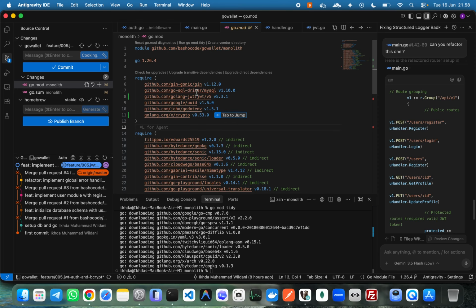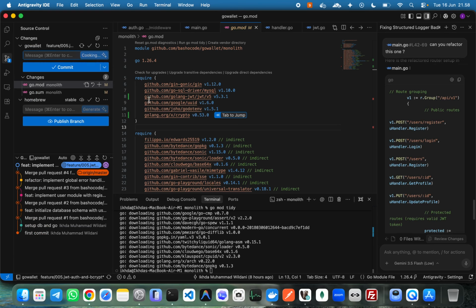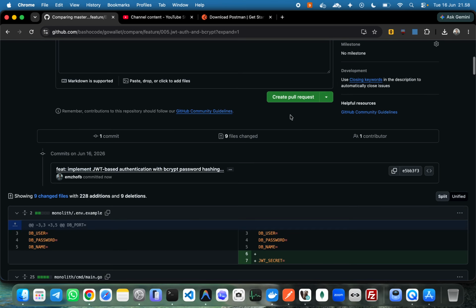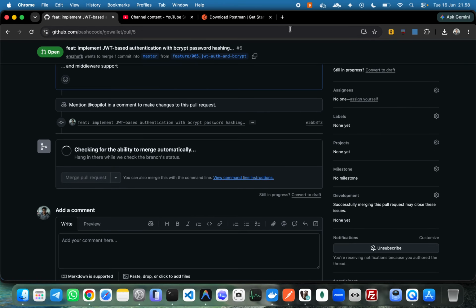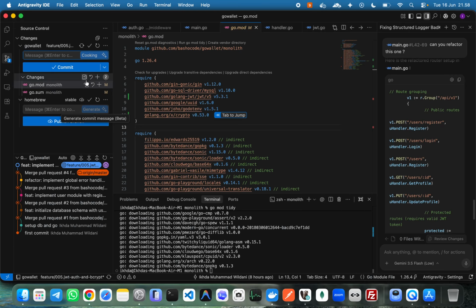from here to here. This is optional, not really need for this. Okay, we need to compare and pull request, and then click pull request. And then is this not just